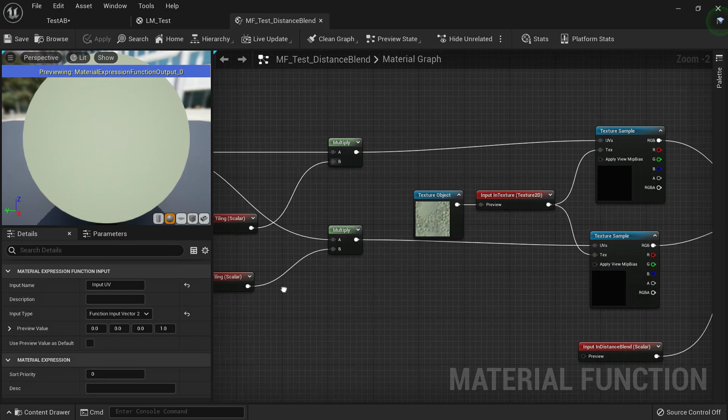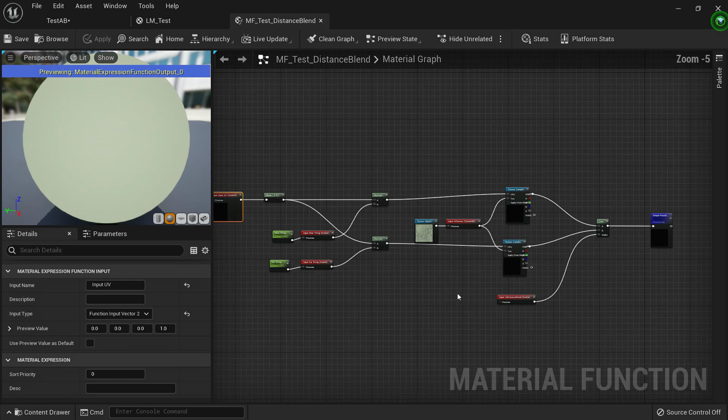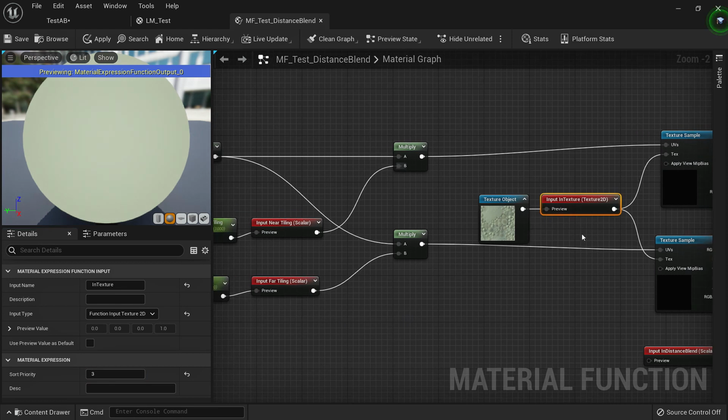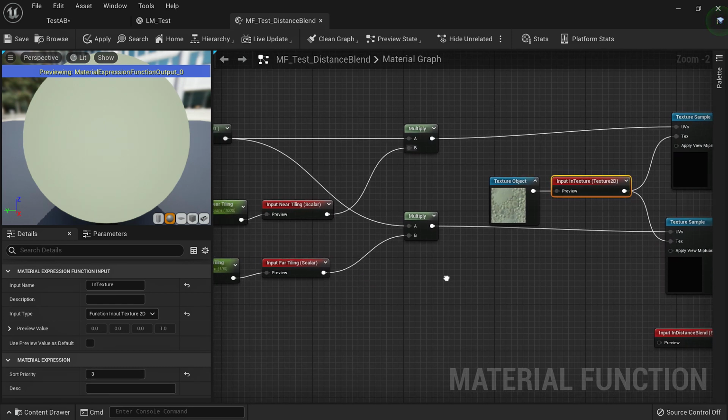So we'll take UV and this is priority 0, which means it is given higher priority. And now we'll change our texture to the priority after that, so let's say 3. So we'll use a higher number for all of the other inputs. So for texture we are using 3, and for near tiling, far tiling and distance blend you can also use 1, 2, 3, 4. But then if you have to make another input which you want, let's say right after the texture, so you will put priority 2 in that, but that value is already used by near tiling, so you'll change the tiling for near tiling as 3, then far tiling 4, 5.